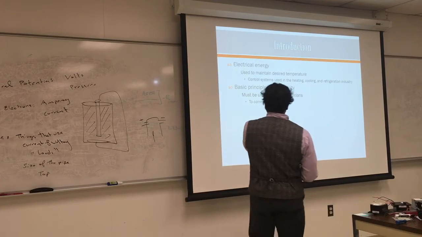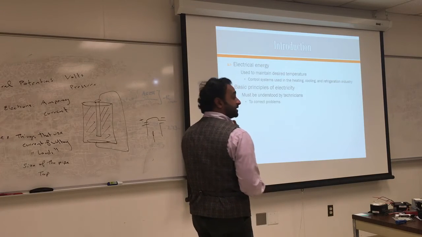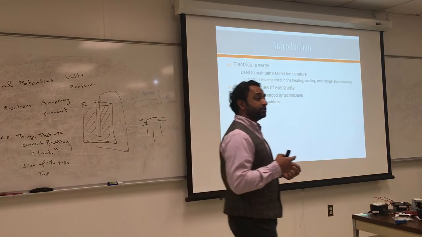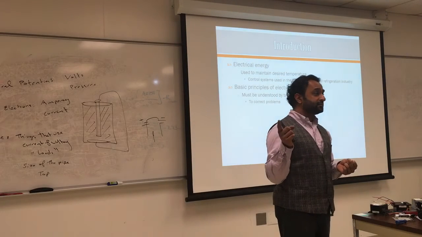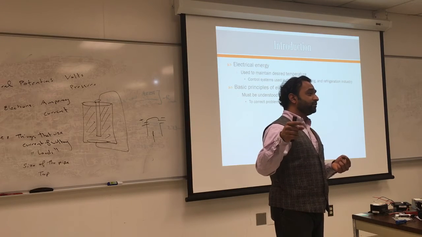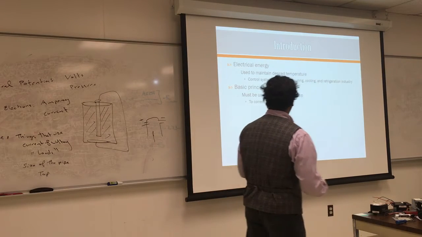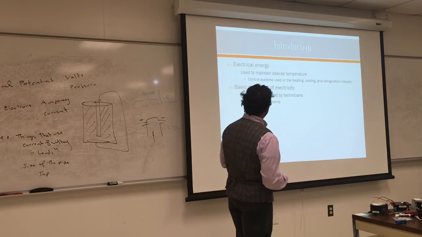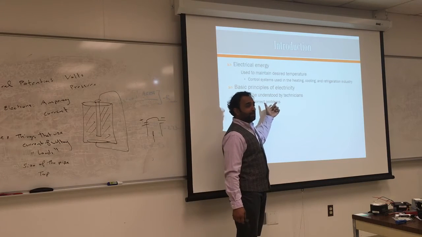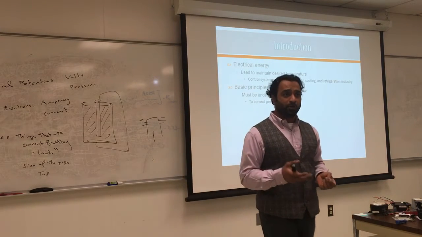So electric energy is used to maintain desired temperature for heating and cooling. We use that. Again, think of a transformation now. Either we use ACs or heat pumps. And again, you are changing electricity into compression, into gases expanding and contracting, and at the end you're trying to get heat to move from one place to another. So we have to understand all that's happening in the electrical system to know what's going wrong with it.